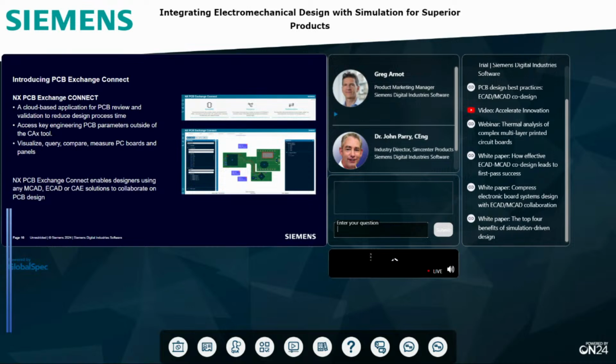You're probably familiar with NX PCB Exchange, or you may well be. It's within the NX suite of products, which is our ECAD and MCAD interface and can be used for design collaboration between designers in the domains of mechanical and electronics, for things like design review, for manufacturing preparation and simulation. Well, now with NX PCB Exchange Connect, we offer a new innovation in the form of a dedicated app for PCB review and validation, designed to reduce process time. So Connect is a tool that will bring major benefits to designers and to analysts and other stakeholders in the